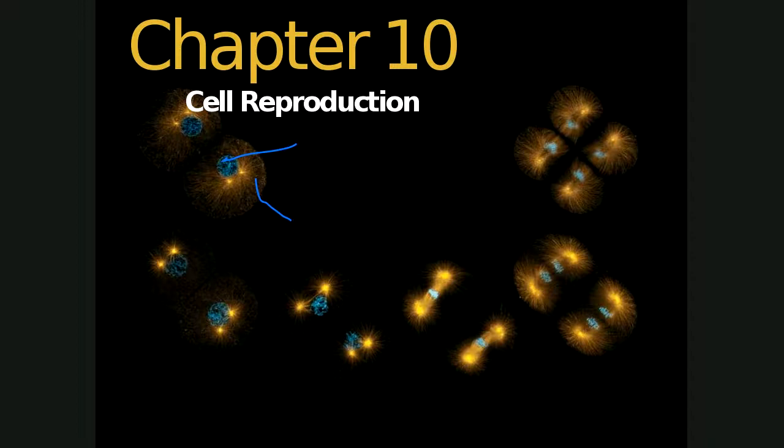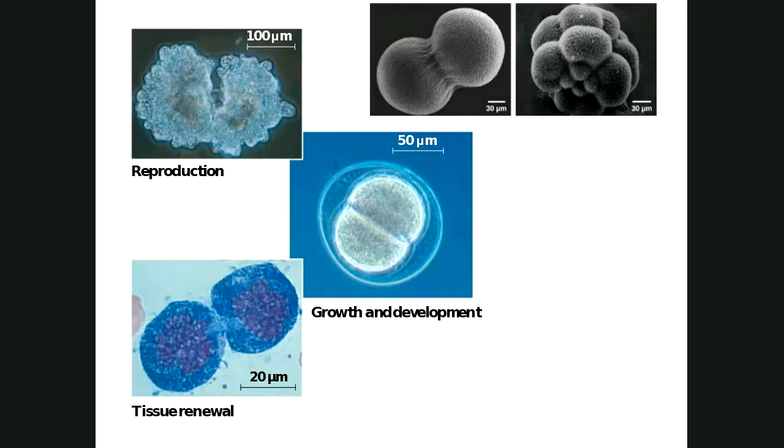Now, as you can probably imagine, there's a number of reasons why cell reproduction is important. One is the one I mentioned before, for the perpetuation of the species. So as you see in the upper left, it's important for reproduction. Cells are involved in that. More so in the next chapter, we're going to talk about those types of cells. But once that occurs, then of course we are multicellular organisms. So through growth and development, we had two cells, and you can see in the picture in the upper right, another really cool electron microscope picture. These are two animal cells getting ready to divide.